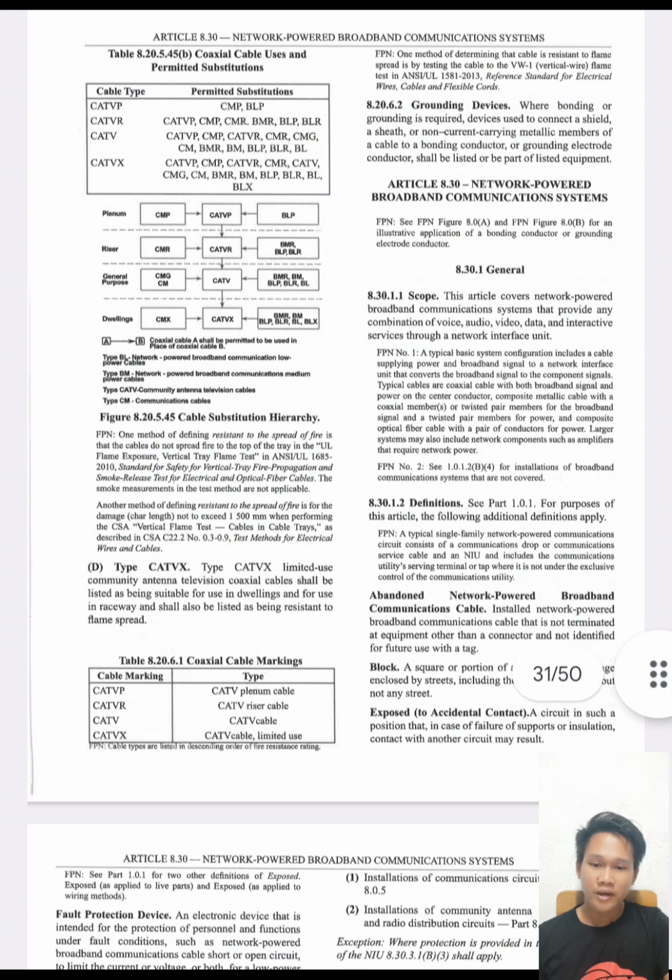So next we have, as you can see, figure 8.8.5.45, cable substitution hierarchy. So next we have letter D, Type CATVX. Type CATVX limited use community antenna television coaxial cable shall be listed as being suitable for use in dwellings and for use in raceways,